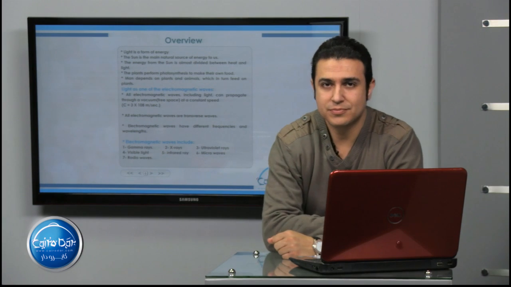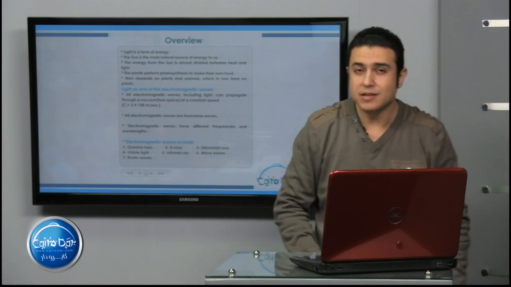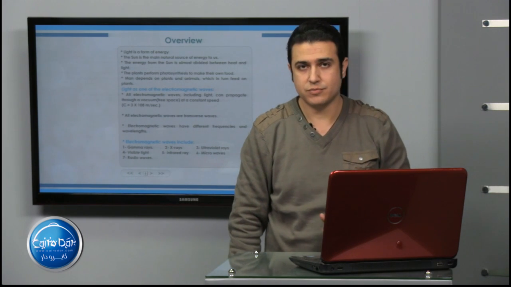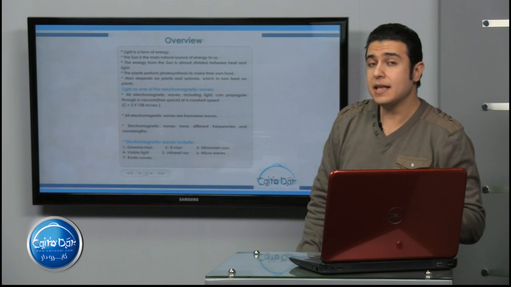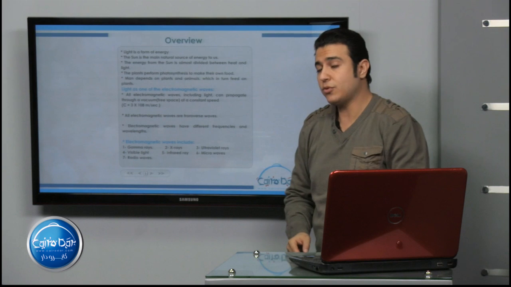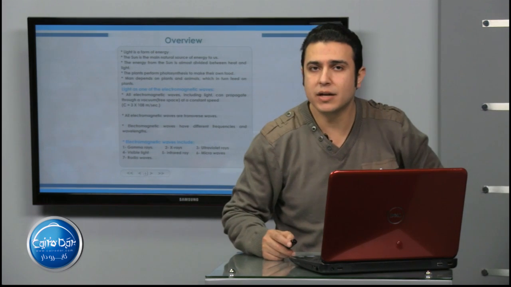Light is a form of energy, and as you know, the sun is the main source of light energy on the Earth's surface. Light is an electromagnetic wave that is produced from the vibration of electric and magnetic fields. These electric and magnetic fields are perpendicular to each other. The speed of light is the same for all its types, which equals 3 times 10 power 8 meters